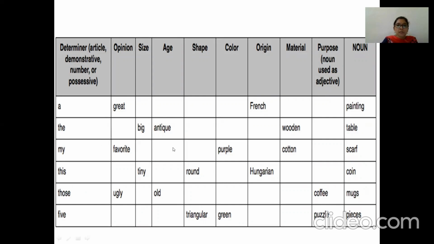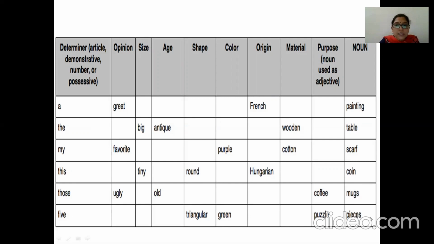My favorite purple cotton scarf. This tiny, round Hungarian coin. Those ugly, old coffee mugs. Five triangular, green puzzle pieces.